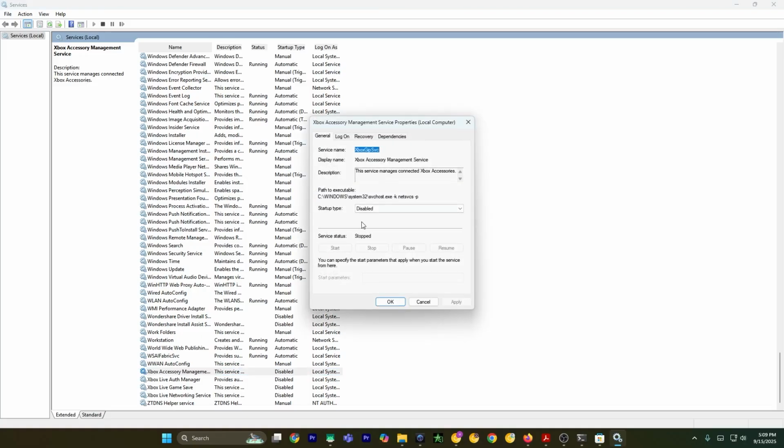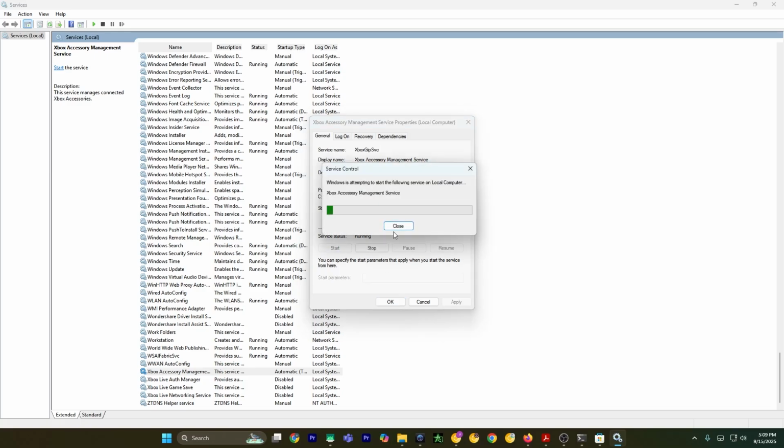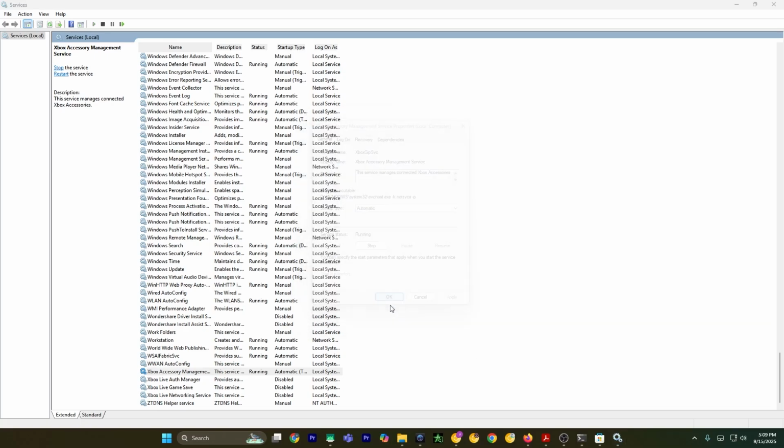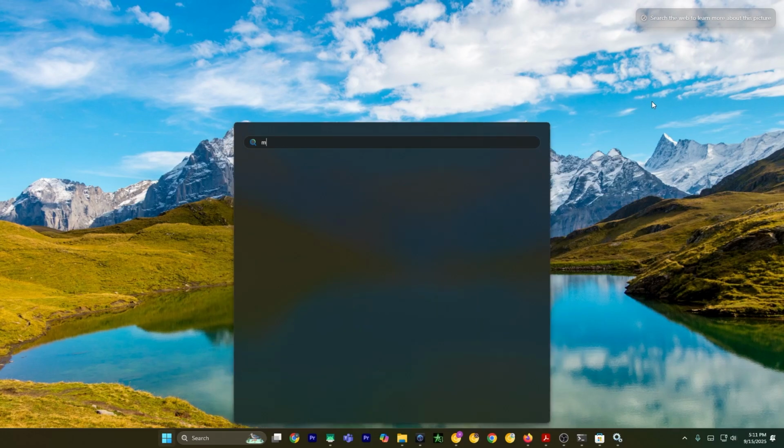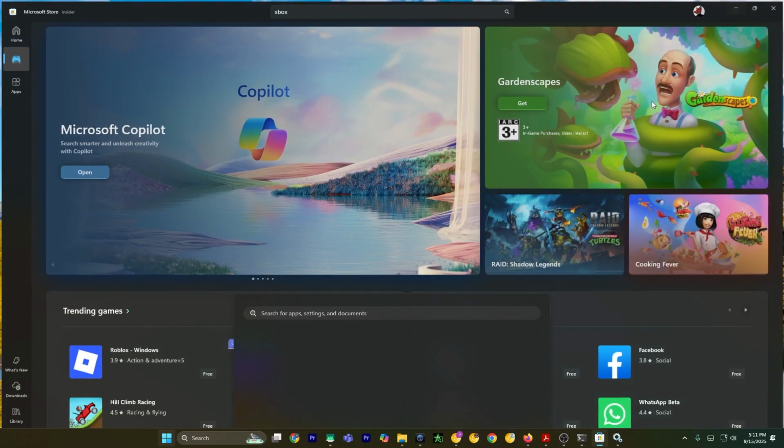Double click. Now select the startup type to automatic. Select apply and then click on start. Click on OK. Now you have to do this exact same for the other 3 services of Xbox. Once you've done that, you can close the window, hit the Windows key and type in Microsoft Store, hit enter,